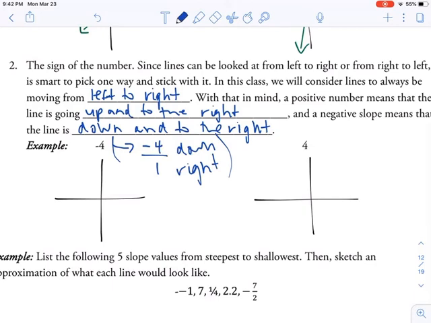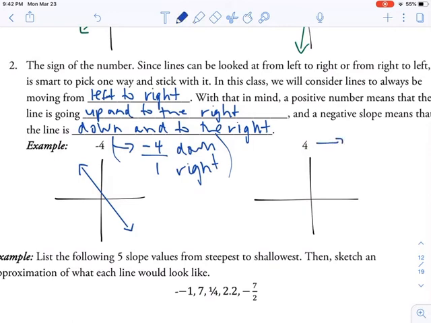Okay, so it means down and to the right. So then that means that our line is going to be doing this type of motion, right? So as we go across the graph to the right, we see that the line is going down. And alternatively, in the opposite case, if we had a positive 4 slope, then remember